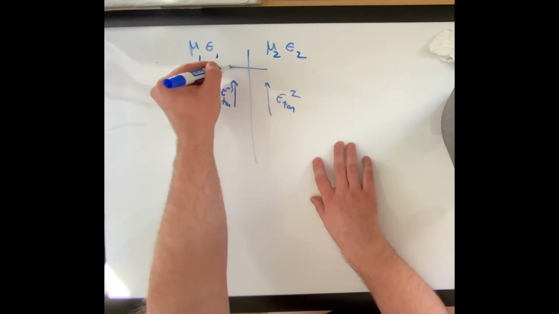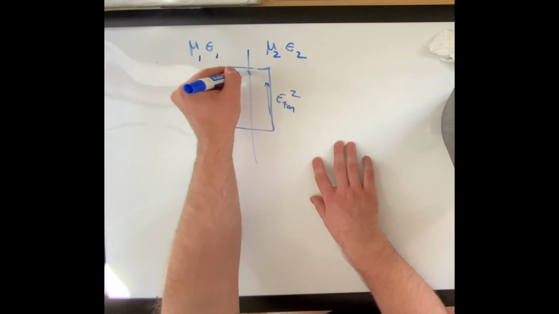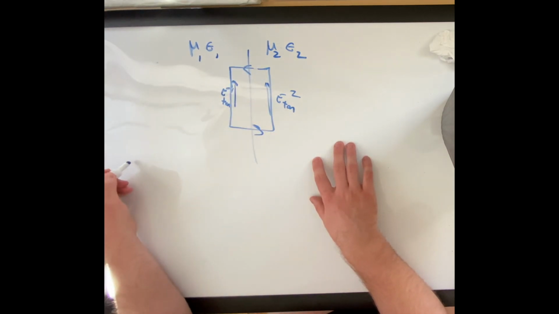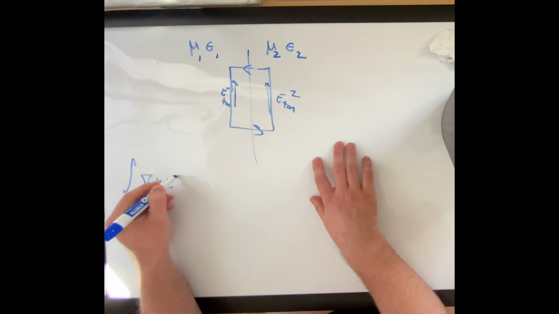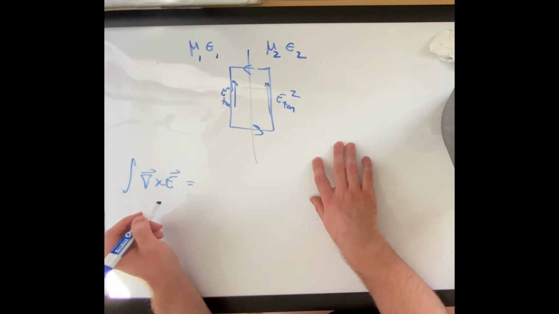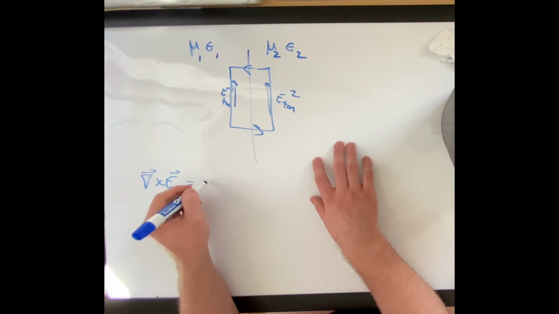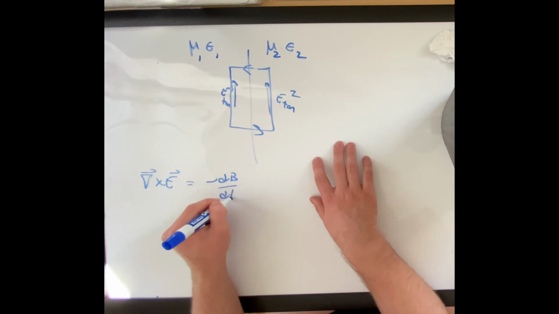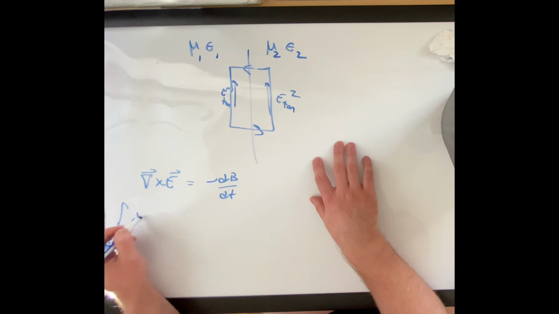What we can do is take a loop. So these are all going to be about loops. So what we can do is take a loop and we're going to use this equation. Sorry, we're going to use this equation. And if we integrate this over the area of the loop,